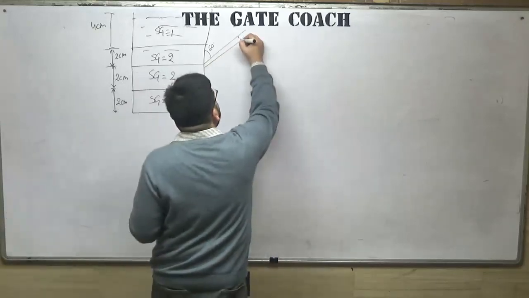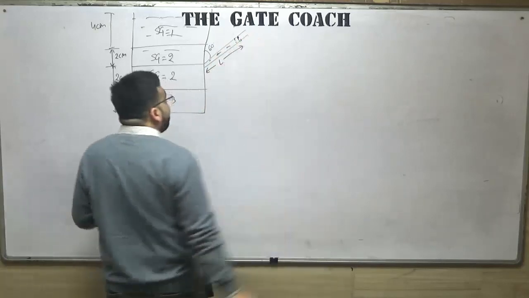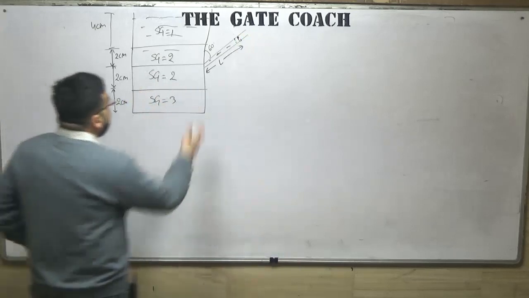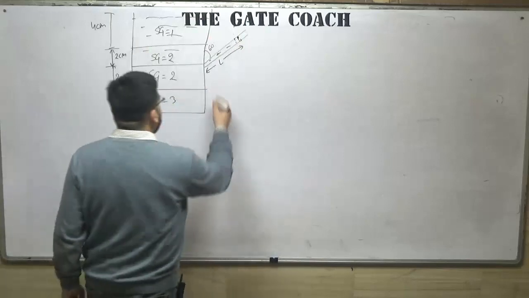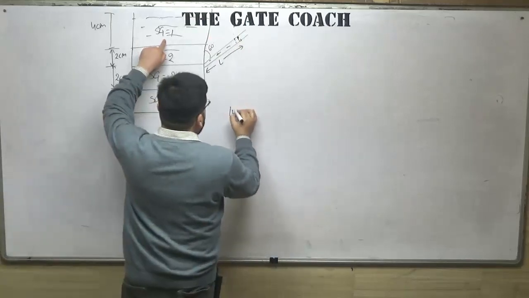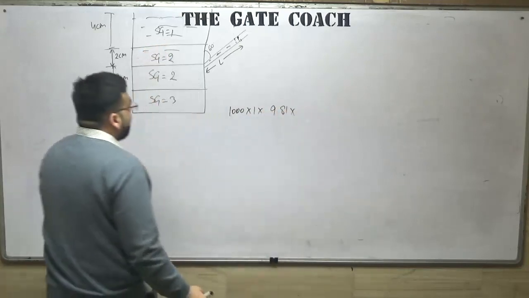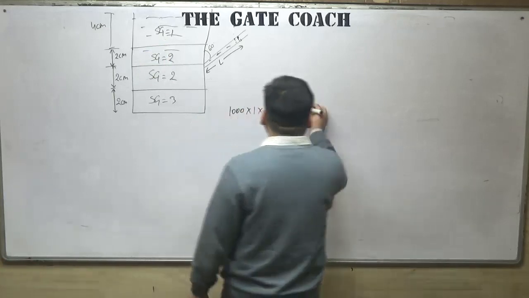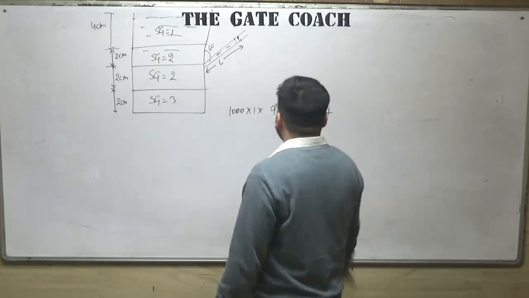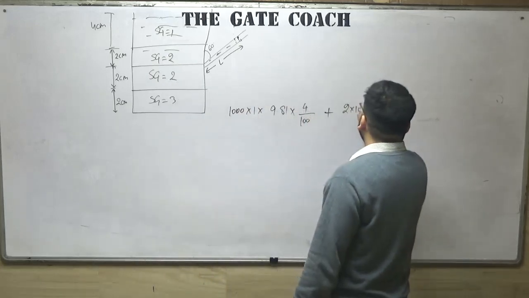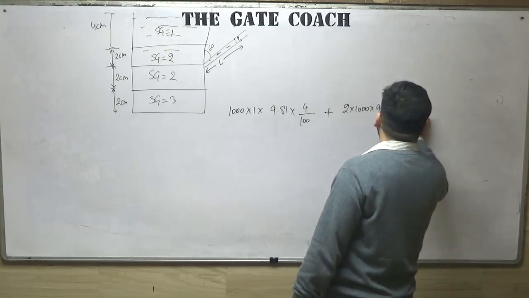So the fluid will go up to, let us say, somewhere here, and in the question it is given as L. You have to find this value of L. Very simple. Just apply it on the left limb and the right limb. It will be rho, that is 1000 into 1 into g, that is 9.81, rho g h, where h is 4 centimeter, so 4 divided by 100 meters, plus rho 2, that is 2 into 1000 into 9.81 into 2 centimeter divided by 100 meter.